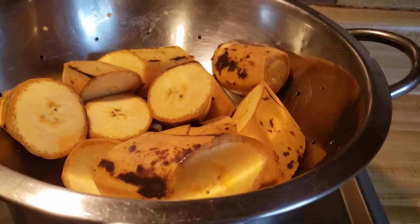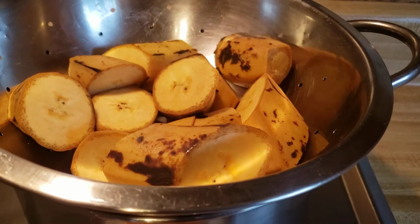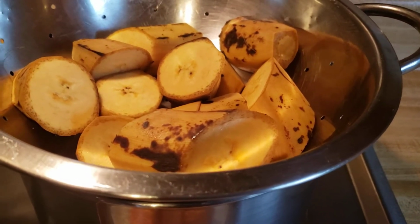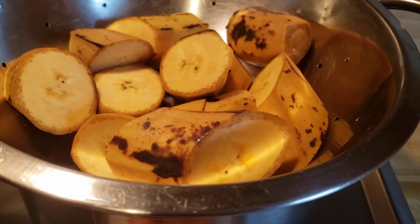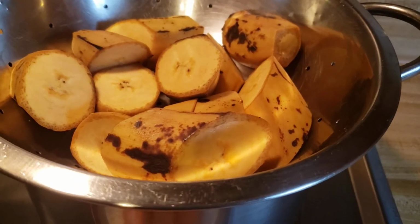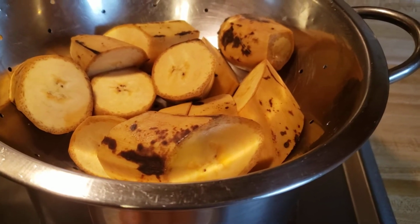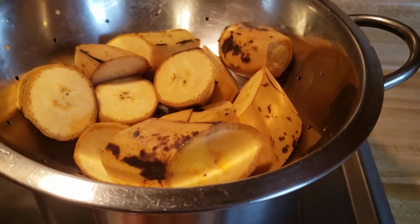I want to show you how you can prepare or cook ripe sweet plantain other than frying it or putting it in the microwave. Microwave has radiation, so it's not a good idea to reheat or cook your food in the microwave. Certainly not frequently. Ripe sweet plantain are delicious fried, but I want to show you a healthy way to prepare